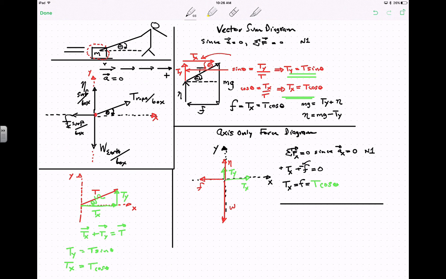Then I'm going to use N1 in the not X, but the force in the Y direction I have to add to